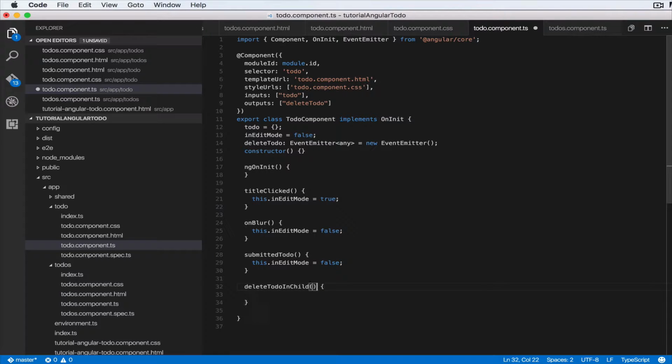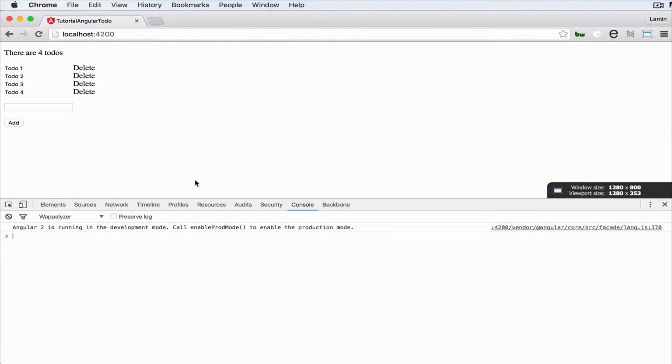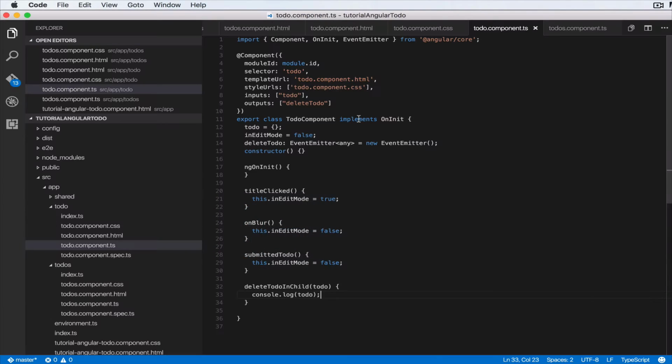Okay, so since we have sent a to-do, we're going to have to accept it here. So let's do a console.log here for now. Let's log out the to-do. Okay, so I'm going to come in the browser here, open a Chrome tab, console here. Now when we click on this, we should see the current to-do being logged here. So I click, and as you can see, to-do 1, to-do 4. Okay, so we're receiving the to-do in the event handler for a single to-do component,